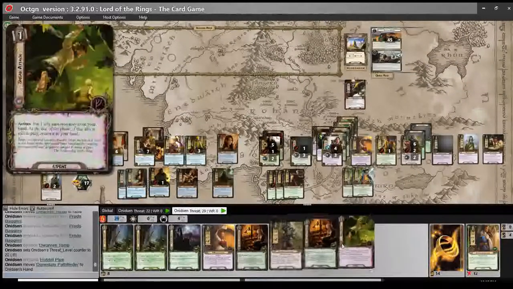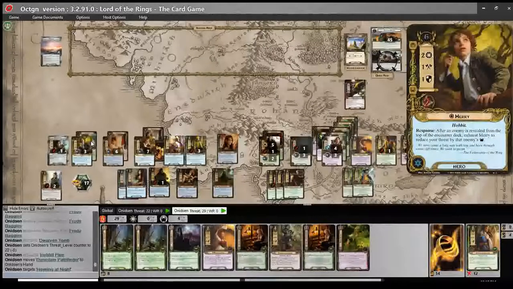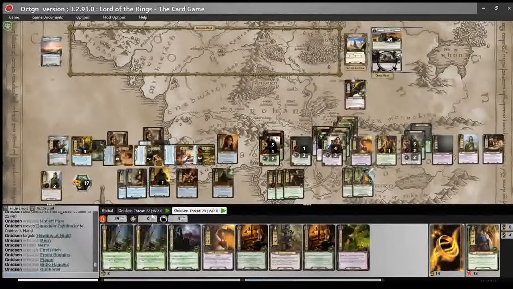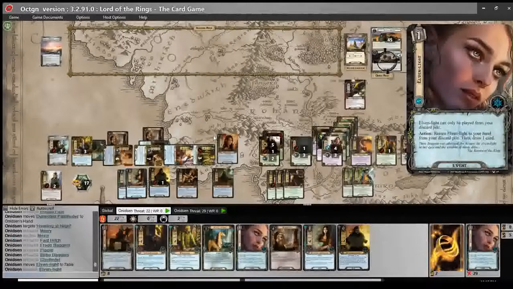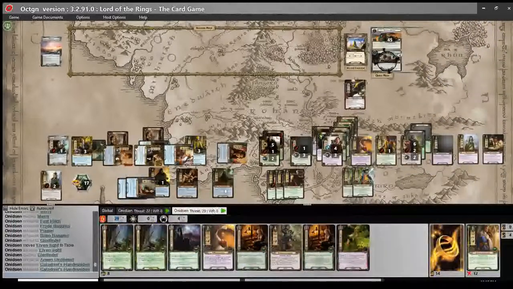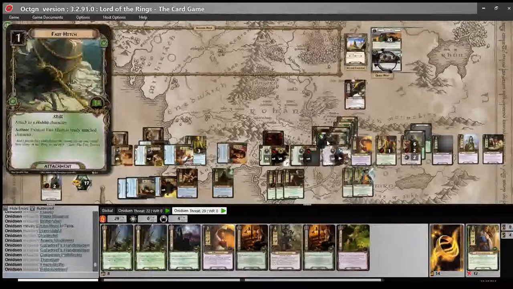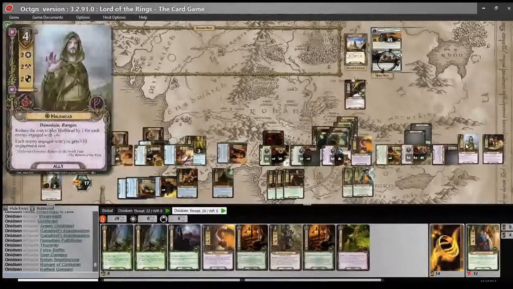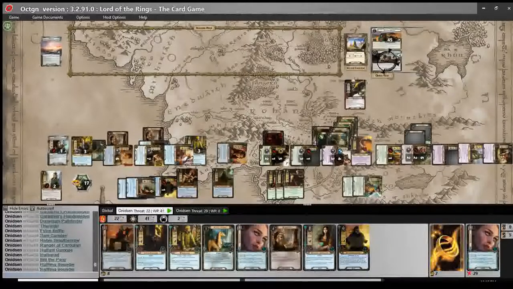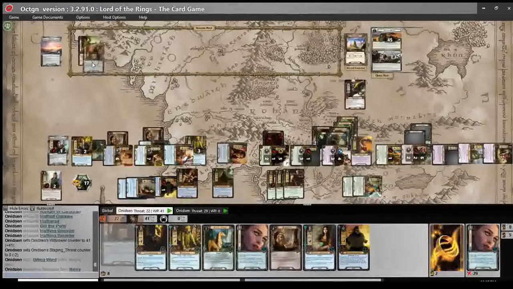Over here, nothing in particular. We're just going to quest against that Howling at Night. We'll quest for 2, 4, 6, 8, 11, discarding Elven Light to ready Glorfindel. 13, 14, 16, 18, 25, 27, 30, 32, 34, 36, 38, 39, 40, 41. We'll quest for 41 against an empty staging area, revealing Biting Wind, which we will cancel with a Test of Will,